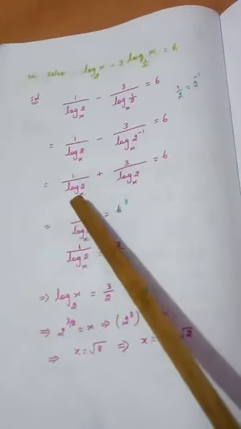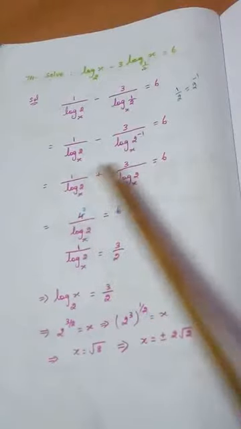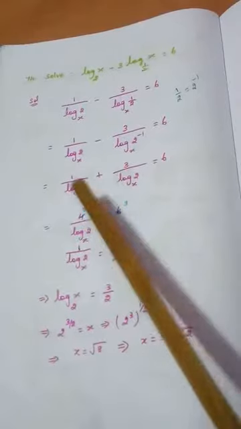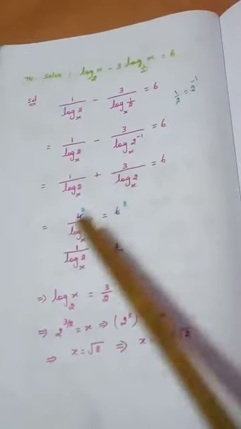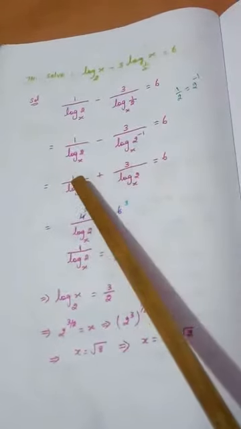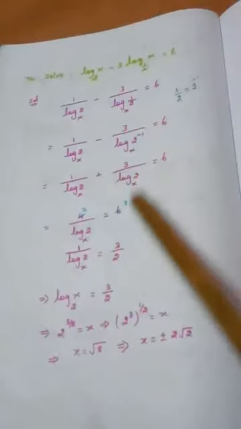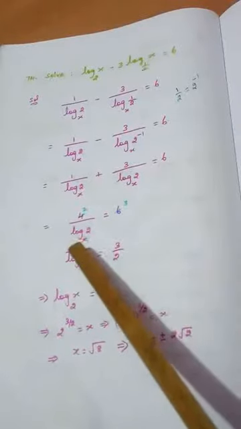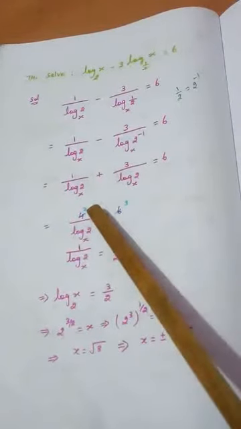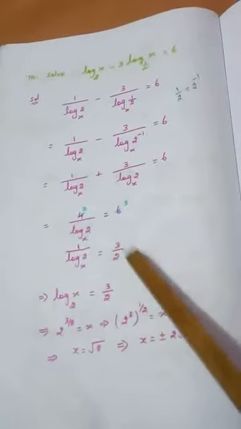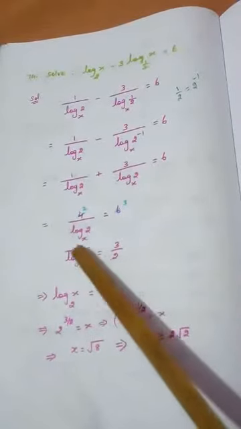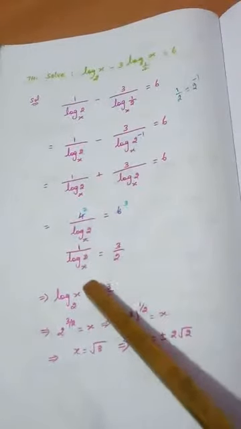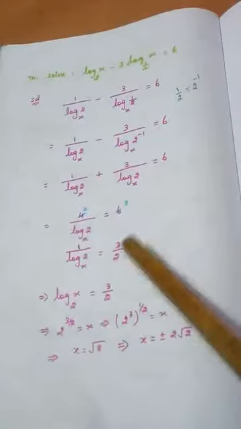Now if you see these two, the denominators are same. So I can write it directly. I can add 1 plus 3 is 4 because the denominators are same. So log 2 base x, directly I can add 1 plus 3 is 4 equal to 6. Cancelling in 2 table, this becomes 2, this becomes 3. So 1 by, even this 2 is taken to this side, becomes 3 by 2. Now writing this in numerator, what will happen? These two will get interchanged. So log x base 2 equal to 3 by 2.